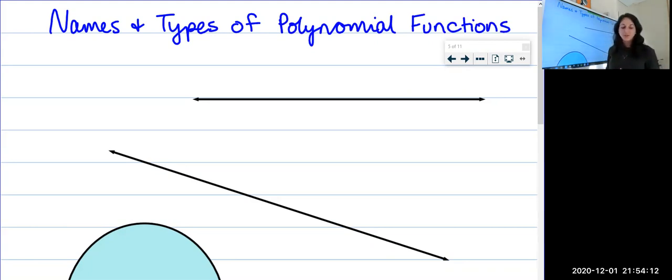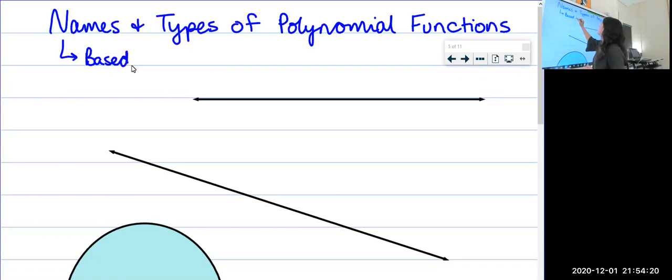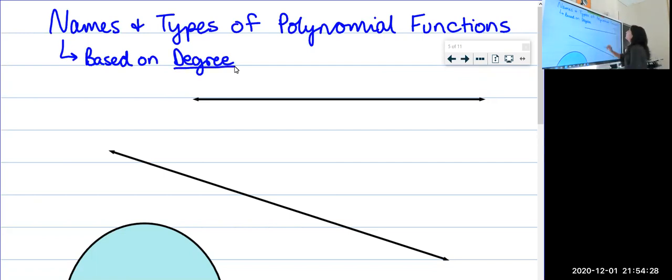First things first, you're going to have a specific name based on what's called a degree. So, based on degree. This is potentially a new vocabulary term for you, where the degree is the highest